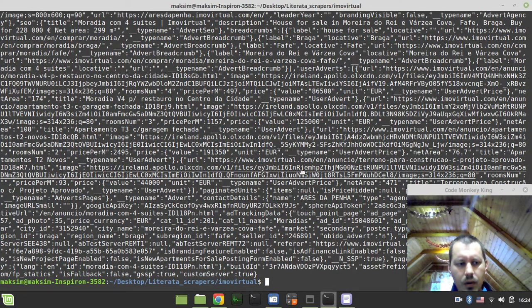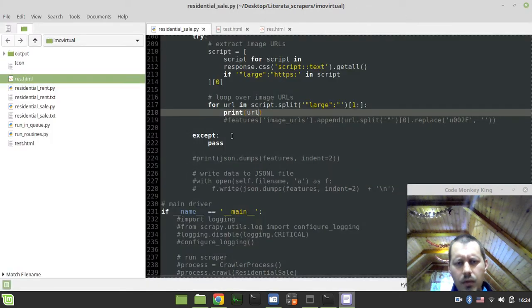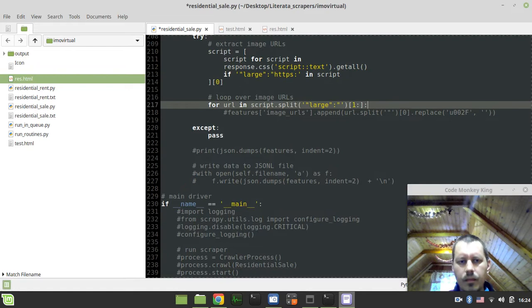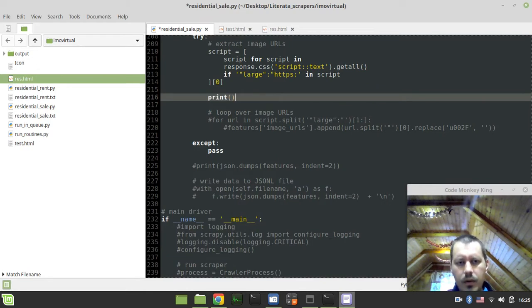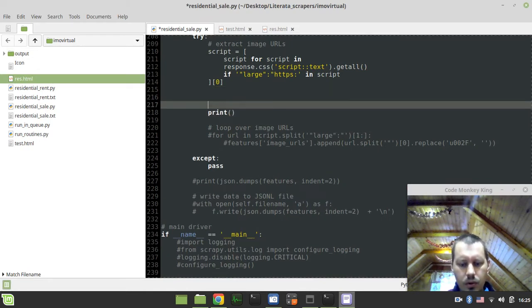That area. Yeah, they've changed something. So let's say print. Let's try to extract the latitude equals to.